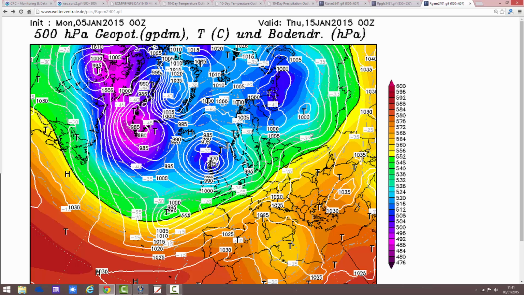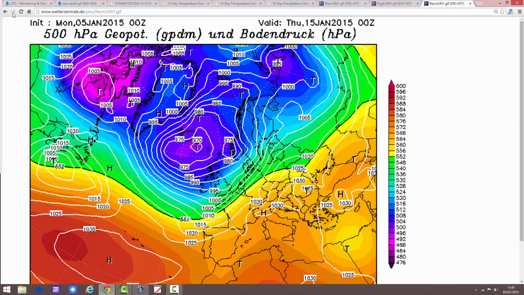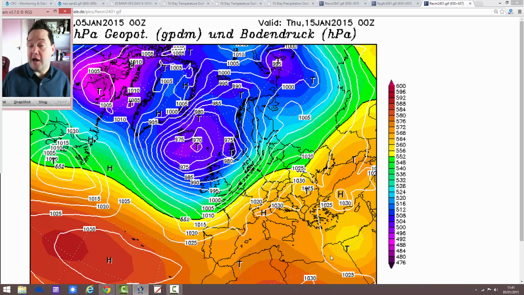The ECMWF and GEM, this is the GEM chart for day 10, Thursday the 15th. We're still bringing that westerly flow through, still no real sign of anything particularly cold appearing at that point. And we go through to the ECMWF day 10 chart, and again we've got the low pressure still up to the north and the west. So they are not really reflecting the chance of colder conditions for the second half of the month, but it's still just beyond that period. It's around the 16th, 17th that we would be looking to bring down those northerly winds. So it's still pretty undecided about what's happening with this chance of colder weather.